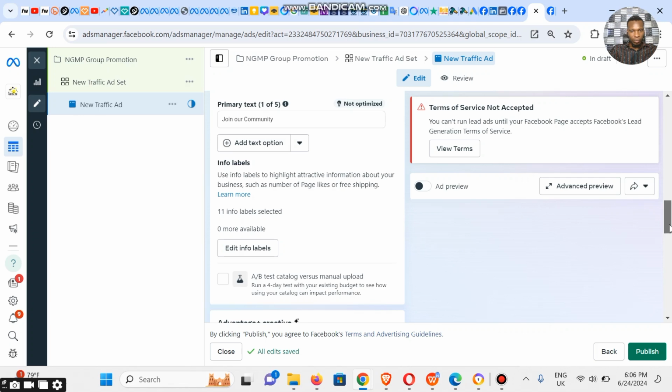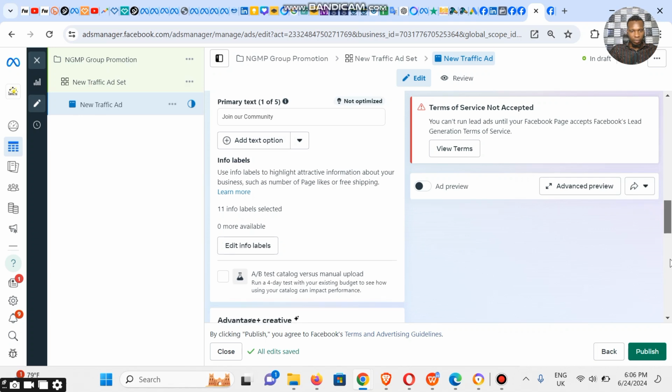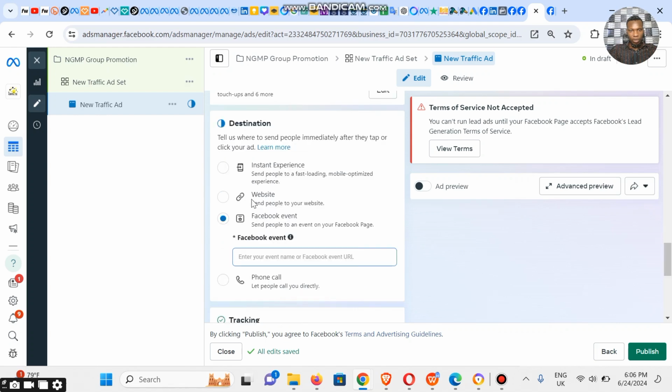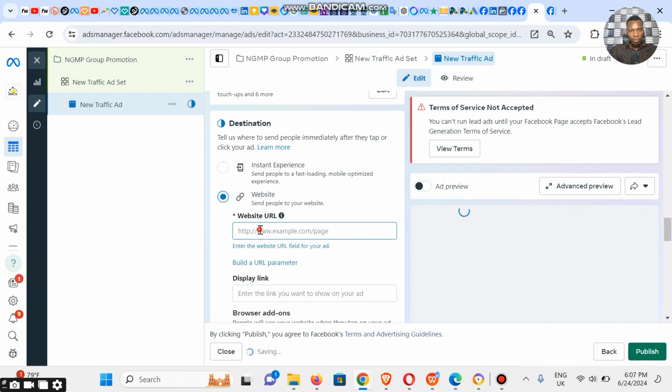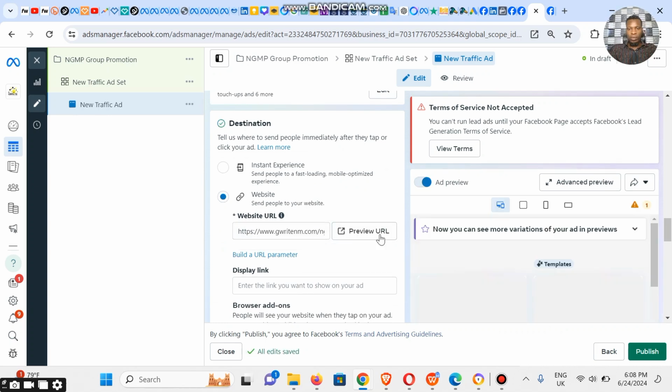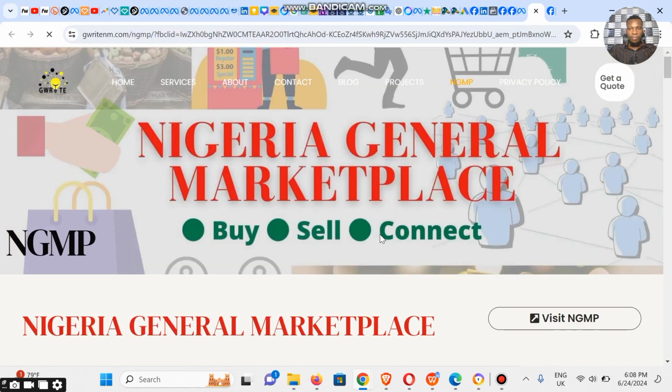Okay, the next part is website. So the destination, we're going to select the destination. So we click on website. Then we'll be able to input the URL. Okay, so let's HTTPS. You could also preview this link to confirm if it's functioning well. Okay, so you could see our link is active. Perfect. So we go back,